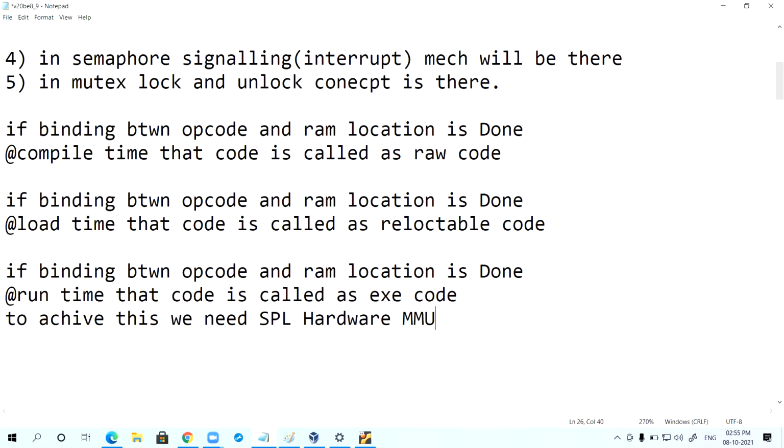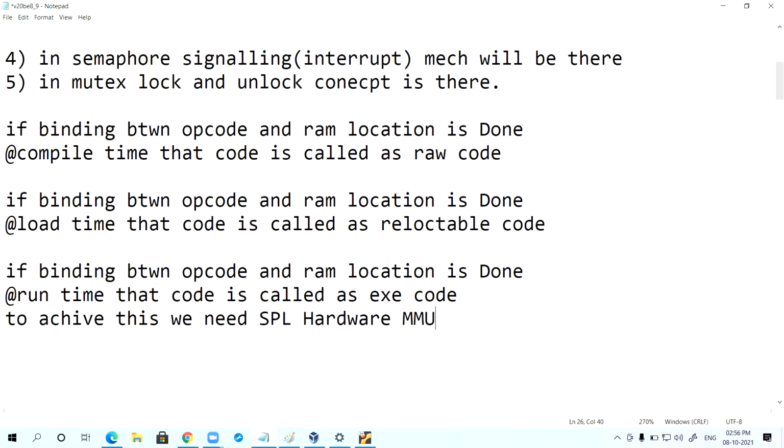I hope some of you may know that this MMU will convert the logical address, or we can call it a virtual address, into the physical address.